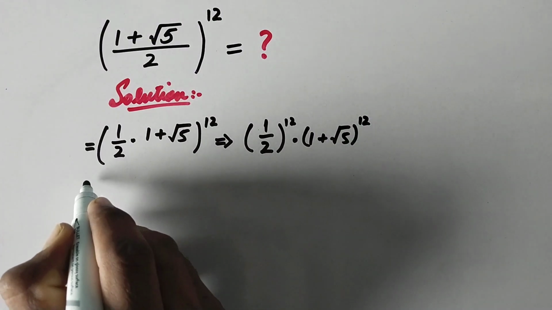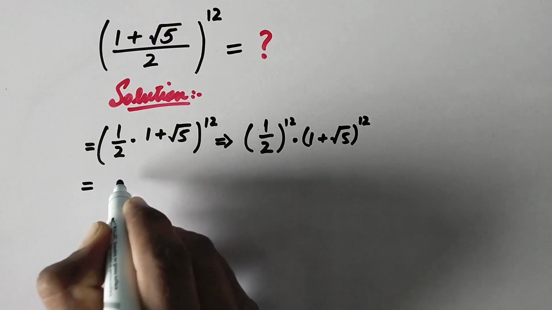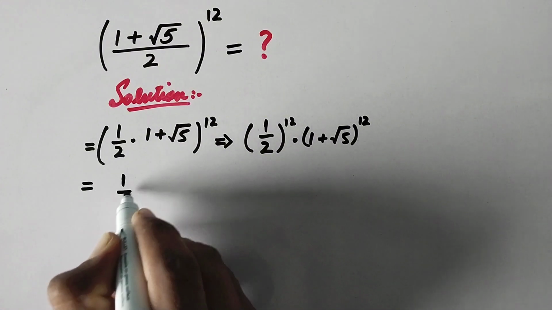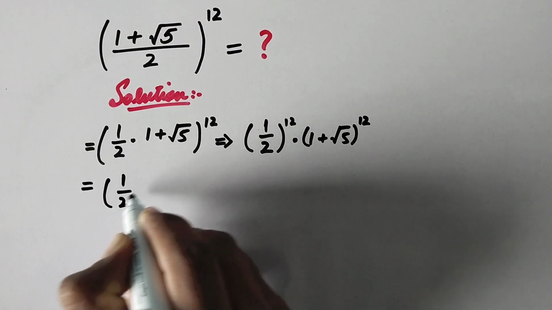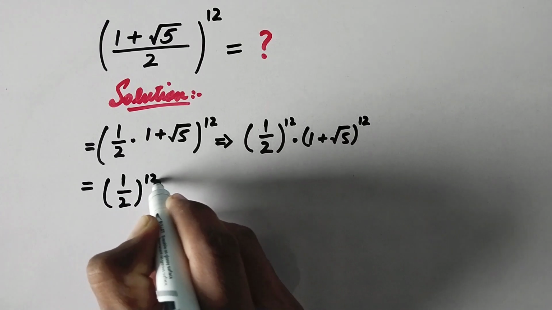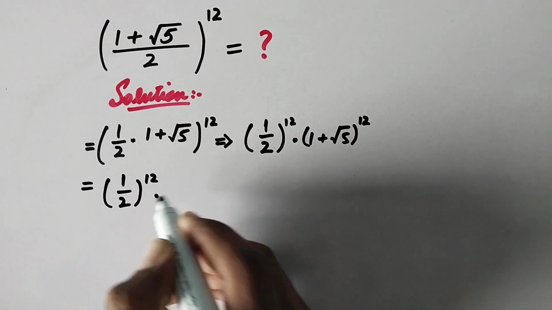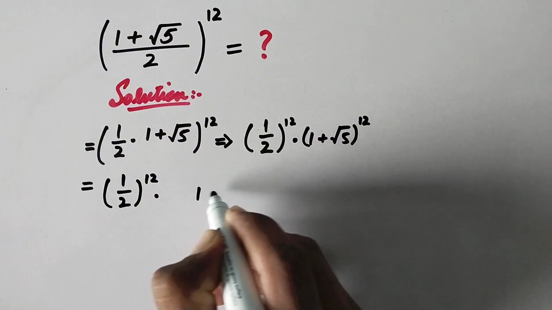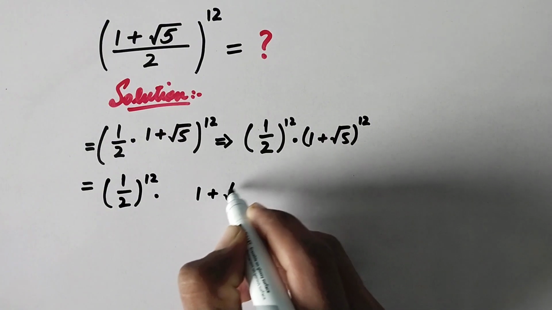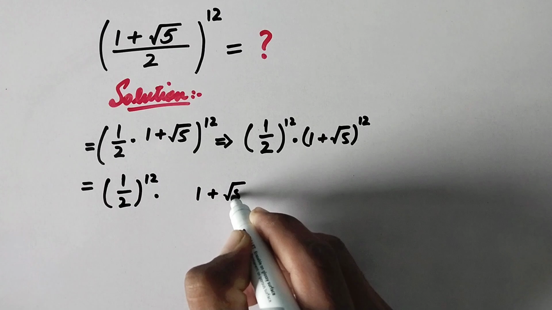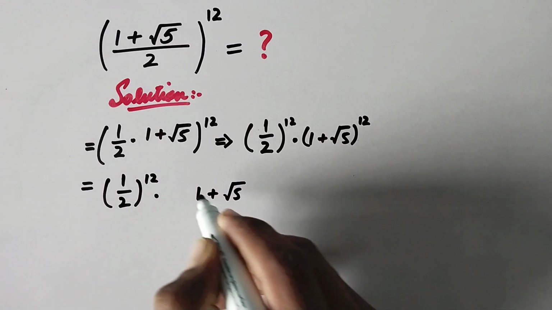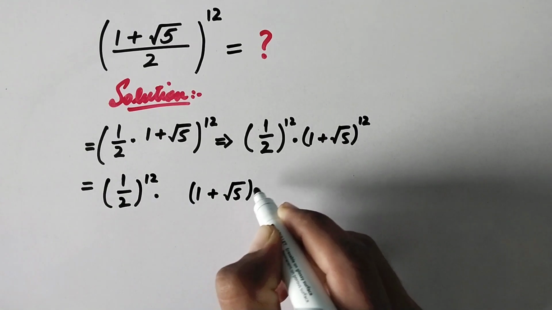Or in the next step we can write 1 over 2 to power 12 times (1 plus square root of 5) to power